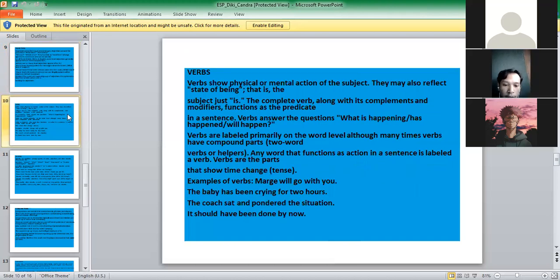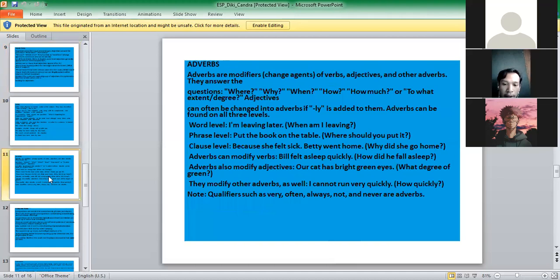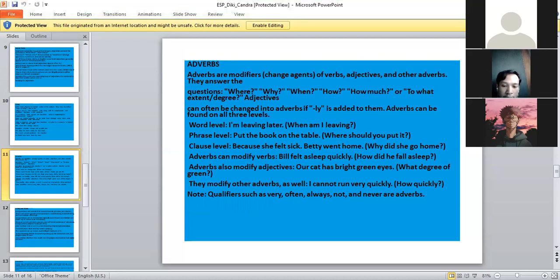Adverbs are modifiers, change agents of verbs, adjectives, and other adverbs. They answer the questions where, why, when, how much, to what extent, degree. Adjectives can often be changed into adverbs if -ly is added to them. Adverbs can be found on all levels. Word level: I'm leaving later. When am I leaving? Phrase level: